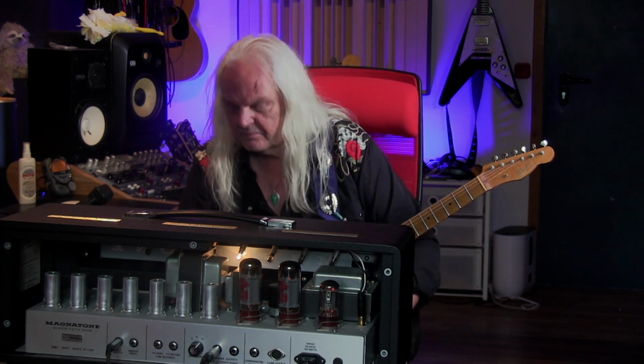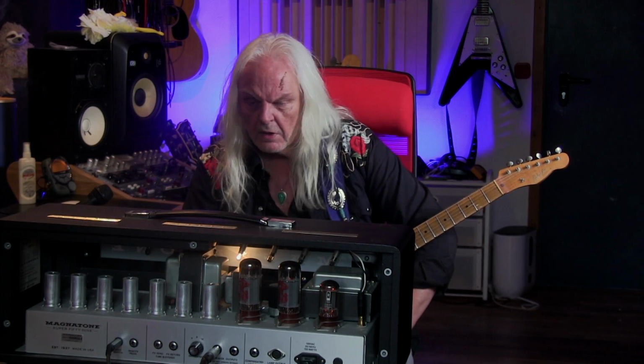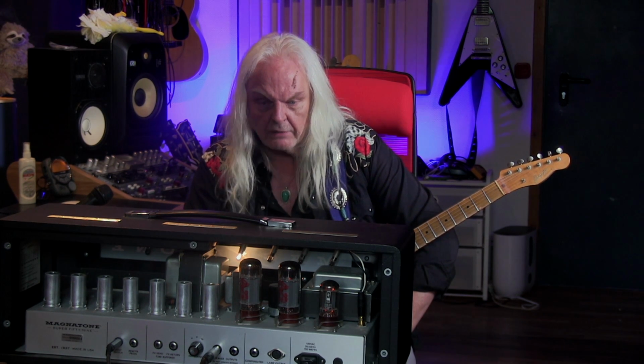Hello. Yo, today again, in-depth series, this time the MAGNATONE. I love this amp. It's a really great take of a, let's say, Marshall GTM 45, but in MAGNATONE quality. I use it mainly as a pedal platform, but as I show you in a minute, it sounds extremely good,